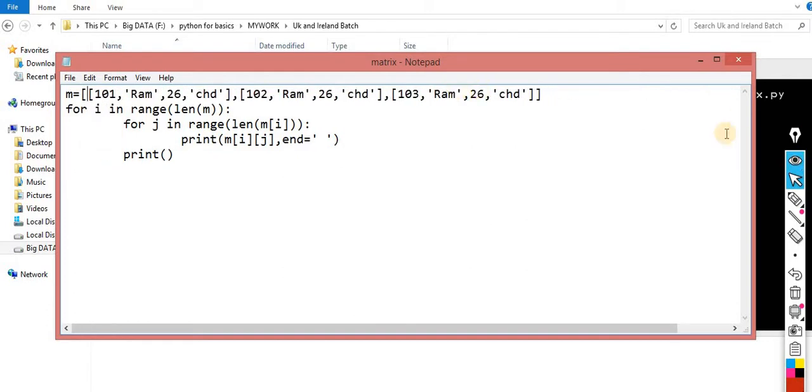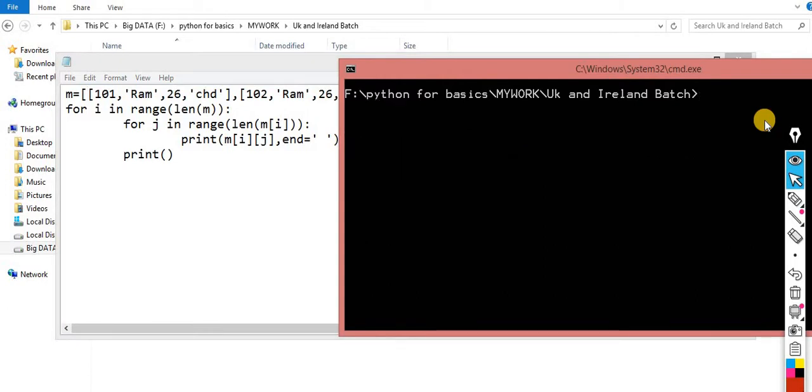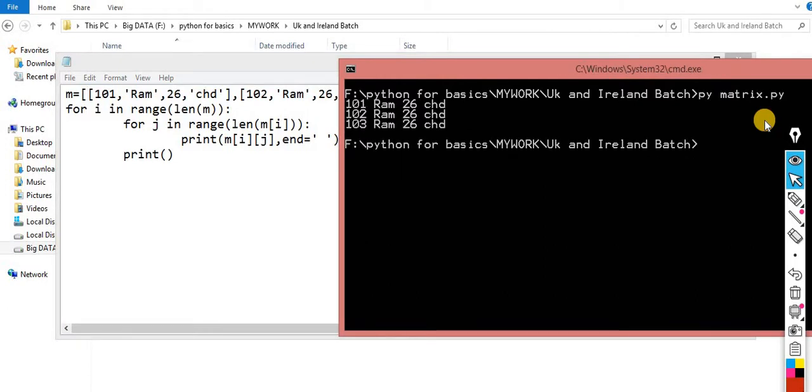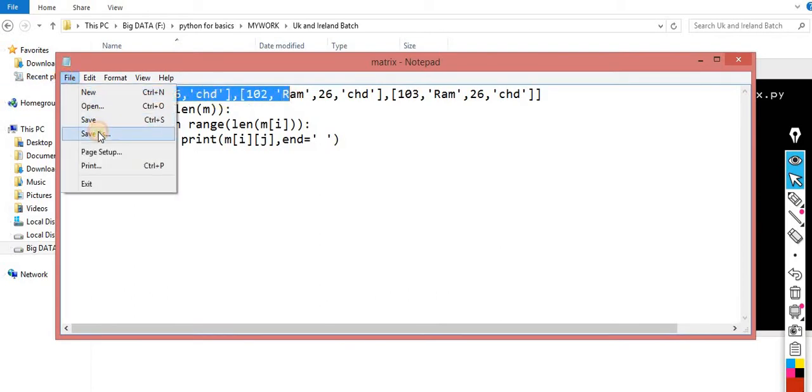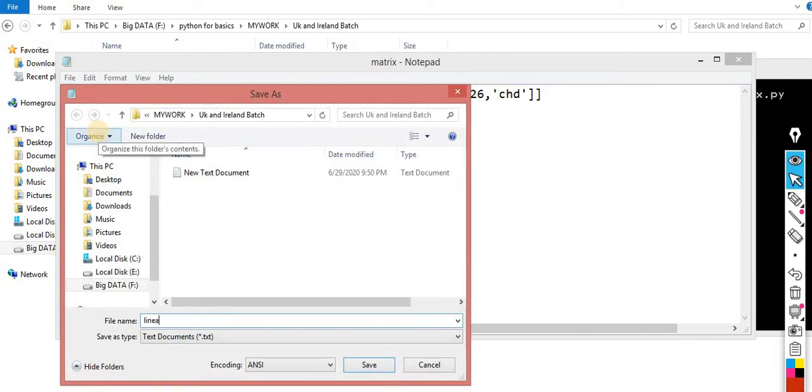Now implement. Your client wants to represent the data in rows and columns. So you will get this perfect output in a valid format, because you are getting the data in the inner format. I think the picture is clear. Okay, the next one, I am saving as, is linear search.